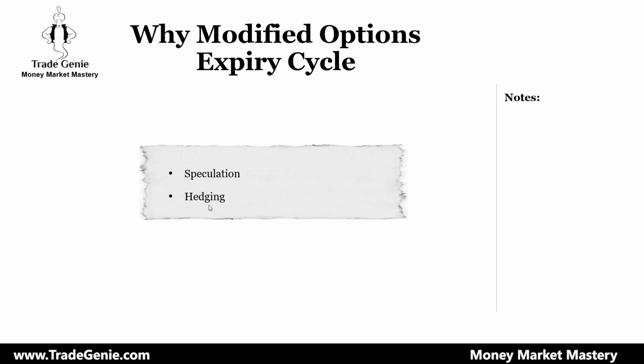With hedging, we have to be careful and not over-hedge, because you will give up all your profit in hedging. Even though your portfolio makes money, you bought the insurance and it's all given back in hedging. So modified option is for speculation and hedging. Now,